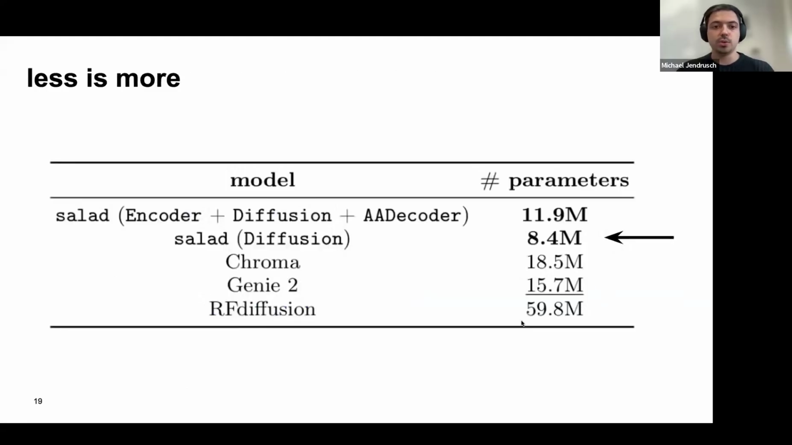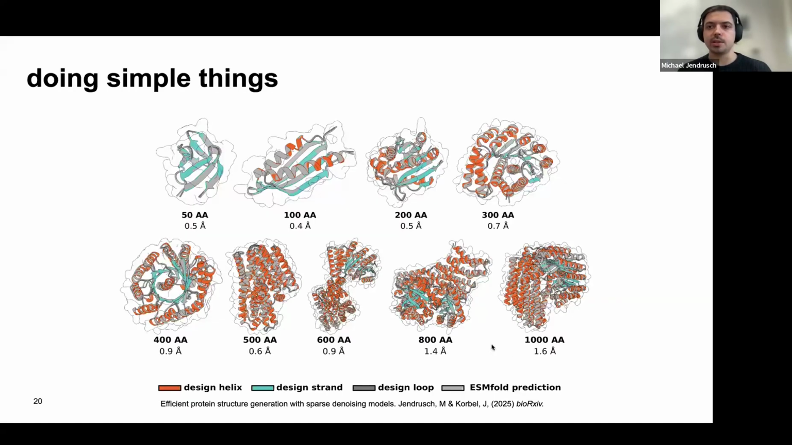Also, we do not use that many parameters in our models. In the end, the pure diffusion model that does the generation is just under 9 million parameters, whereas comparable previous models are larger than that. Using this efficient architecture and small model, we were able to generate proteins, protein monomers across all sizes between 50 amino acids